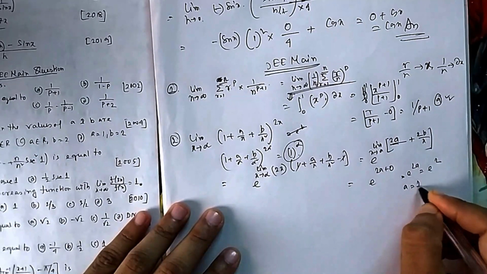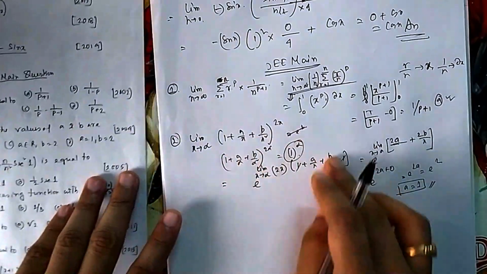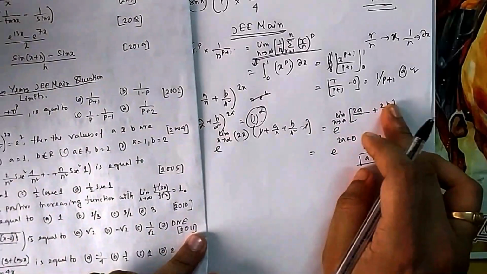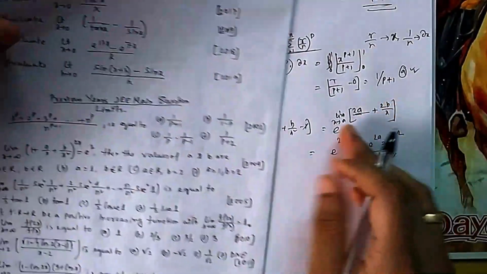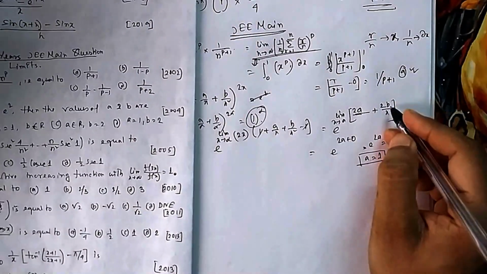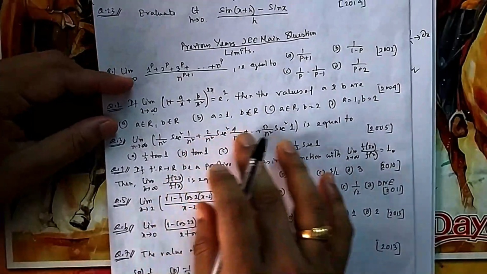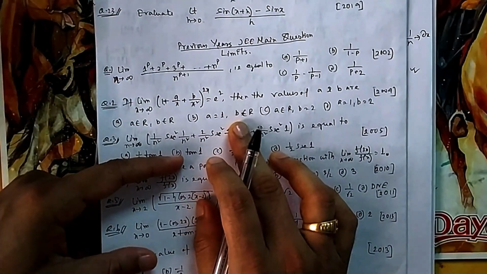So you can say a is equal to 1, and b can be any number because b has no significance in this derivation. You have seen b is already gone. Whatever b it is, there is no problem, but b should be a real number. b cannot be infinite, because infinity by infinity will become undefined. So b should be any real number. So that's why a is 1, b is any real number, that is your option B.